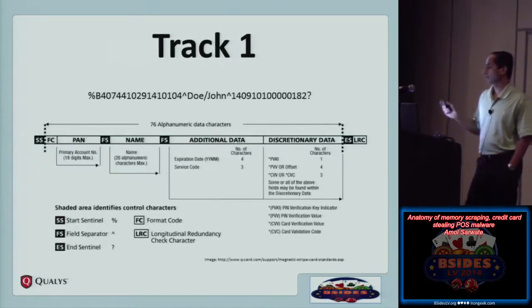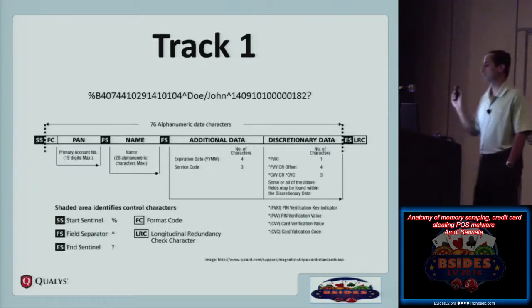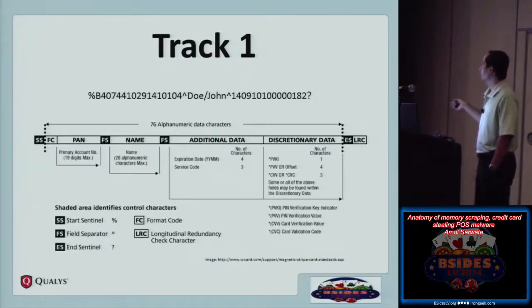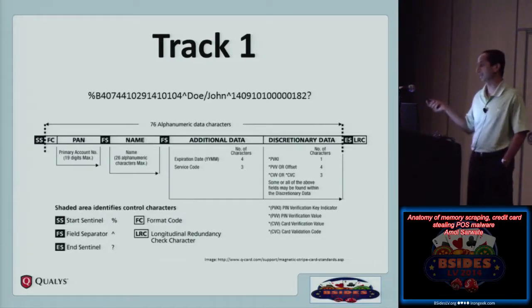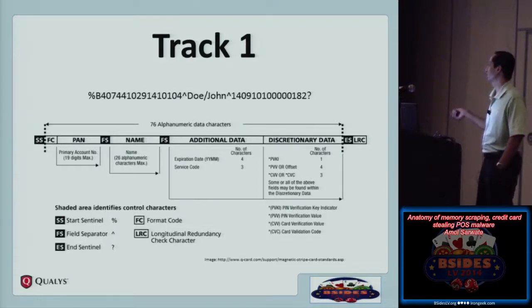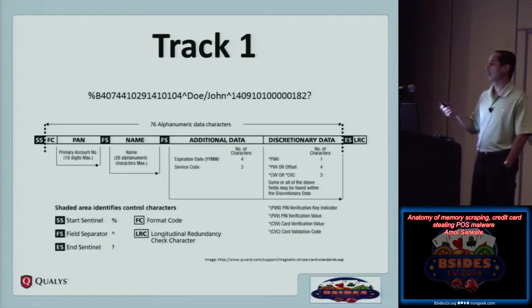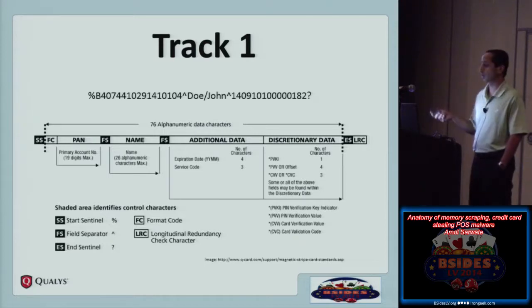So this is the most busy slide of my presentation. It's a little difficult to read, but bear with me here. The top part is basically track 1 data. This is literally how the different characters are stored on track 1. And at the bottom is the explanation or a diagram, again from Cue Card, of what it means.